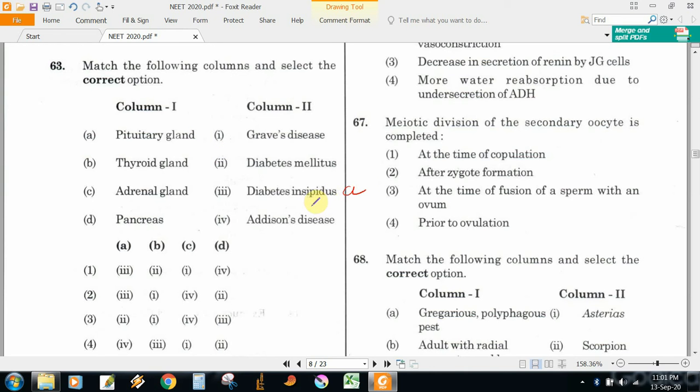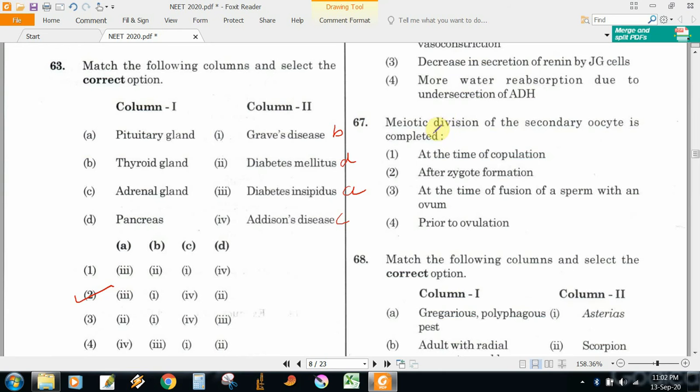Because of vasopressin, deficiency of vasopressin mainly causes diabetes insipidus. Thyroid gland causes Graves' disease. Deficiency of thyroid hormones mainly causes the Graves' disease. Adrenal gland, problem with the adrenal gland will mainly cause the Addison's disease, that is hypocortisolism. And next one we are having the pancreas. It mainly causes, of course, insulin is mainly involved in this, diabetes mellitus. Hence, so based upon this, if you look into the right options, the first one, no, yeah, it is the second one, the right answer for the match the following of this question.